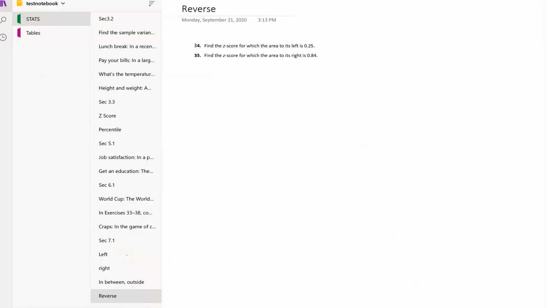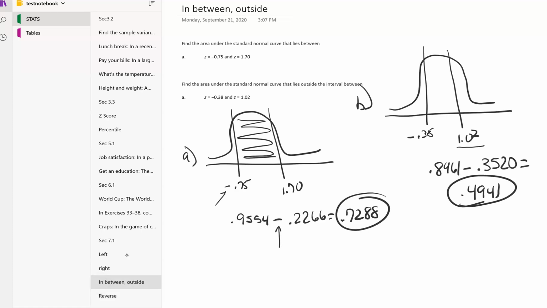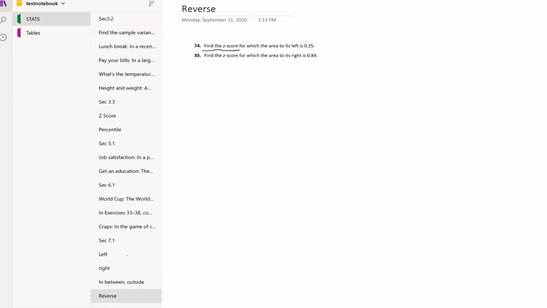Okay, finally, these are the ones going backwards, and I know they're going backwards because it says find the z-score, where the other one said find the area given the z-score. See how it says z equals? All right, so find the z-score for which the area to the left is 0.25. For question 34, since this is area, I'm going to just put 2 zeros on it so that I know I'm looking up the 4-digit number. So I need to go find